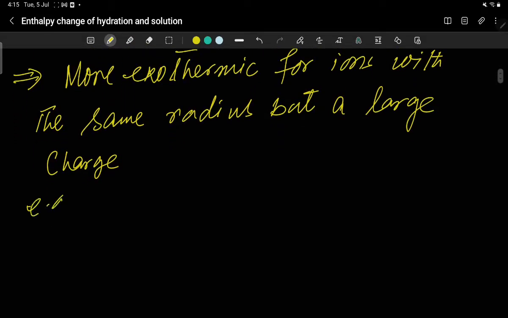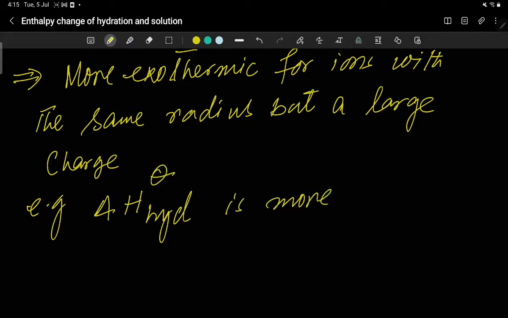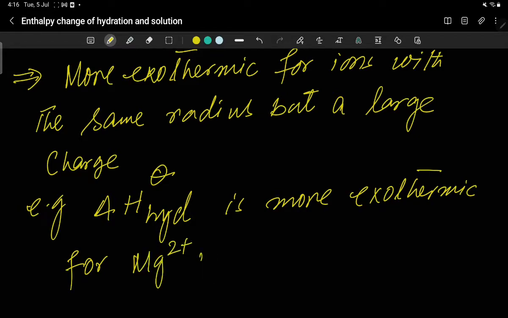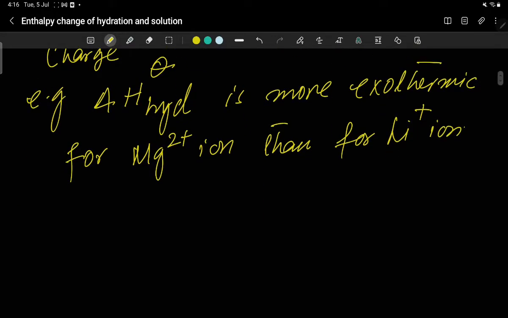For example, delta H hydration is more exothermic for magnesium ion than for lithium ion. So we can say that across the period